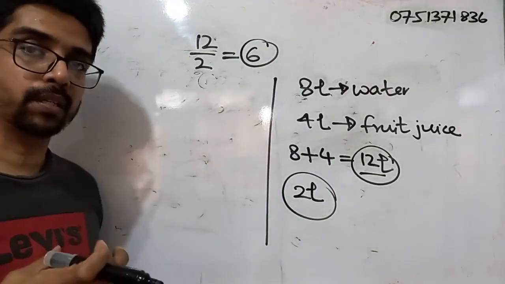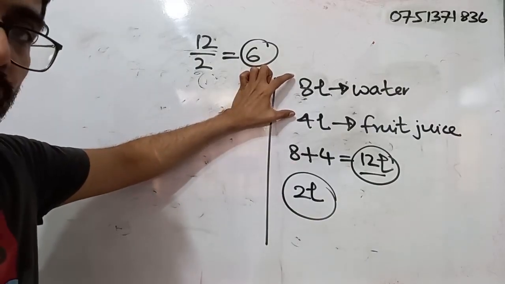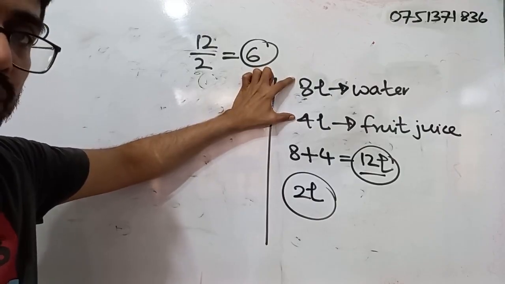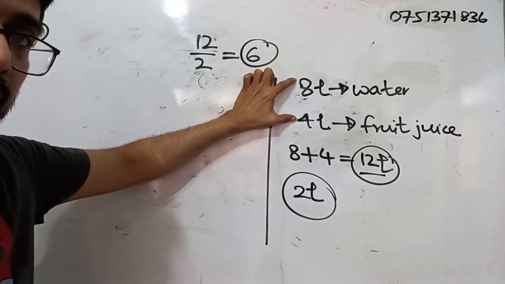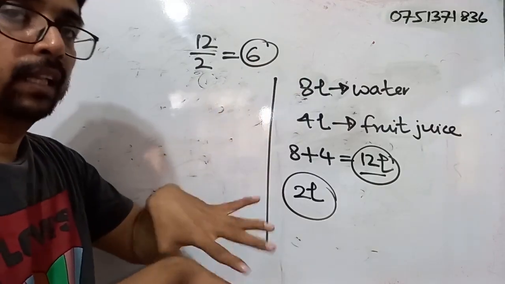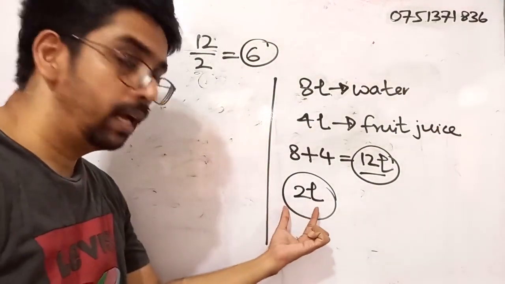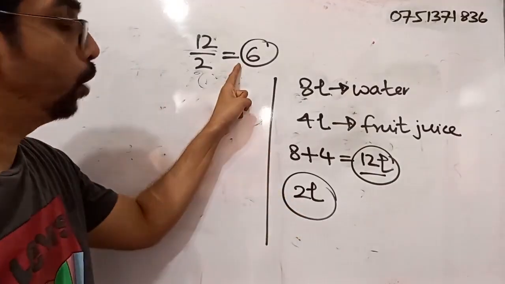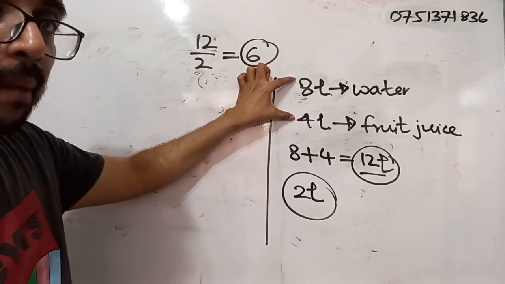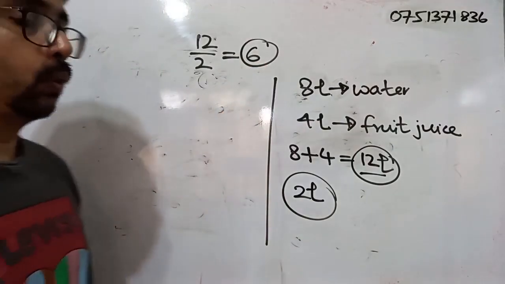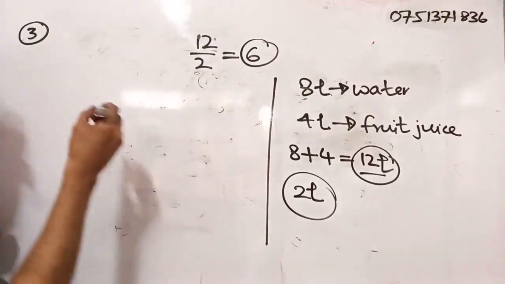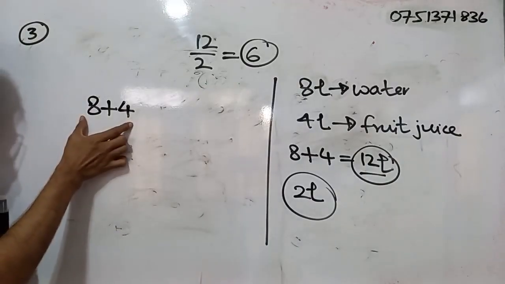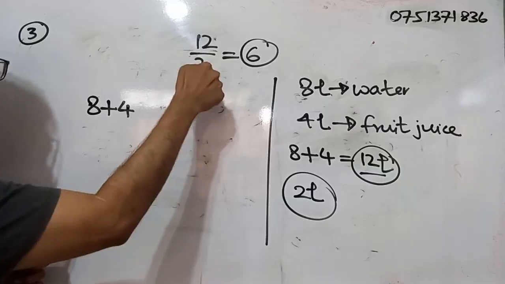Now we have to come up with an expression. So what is the first thing that we need to do? We need to add these two liquid amounts. We have to add these two, mix them, and that is how the fruit drink is made. That is what is filled into 2-liter bottles. We worked out how many bottles can be filled. So you need to understand that these two must be added first. Right? 8 plus 4, then what happens? 8 and 4 make 12. Then we have to divide by 2. Okay.